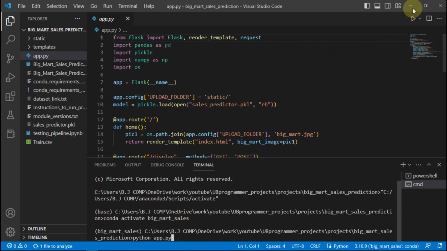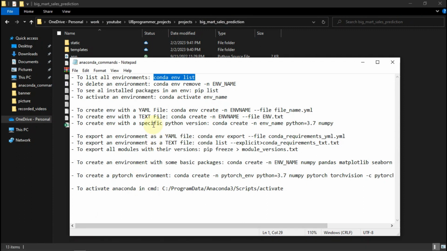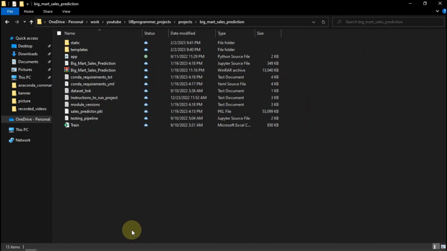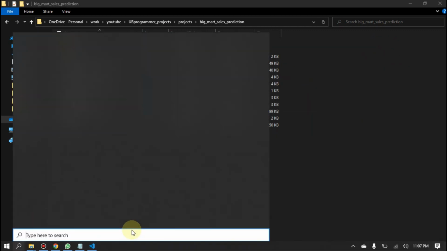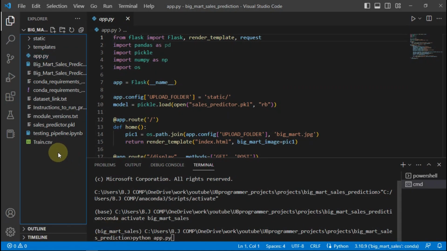So that was the VS Code part. Now let's see if I want to export the environment in a YAML or text file. I can just say conda env and this one, and I'll just go to, yeah, here. So I want to now export this big mart sales environment,